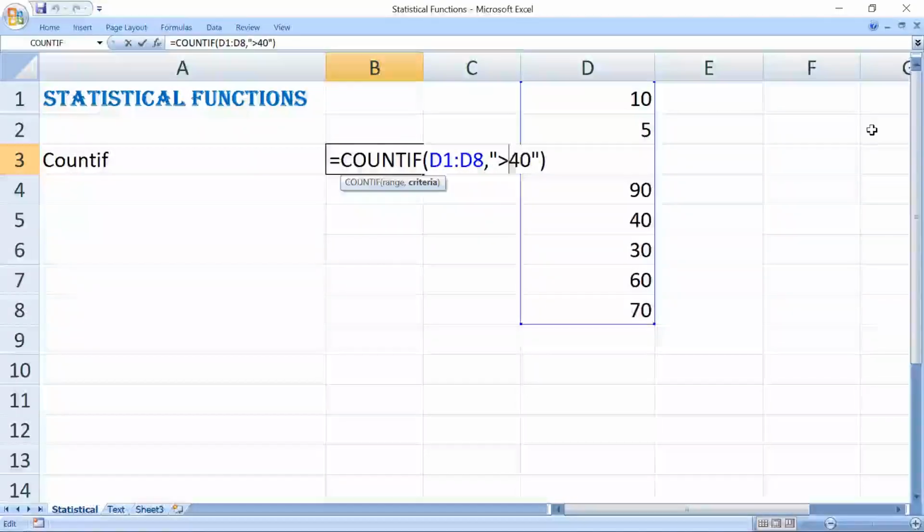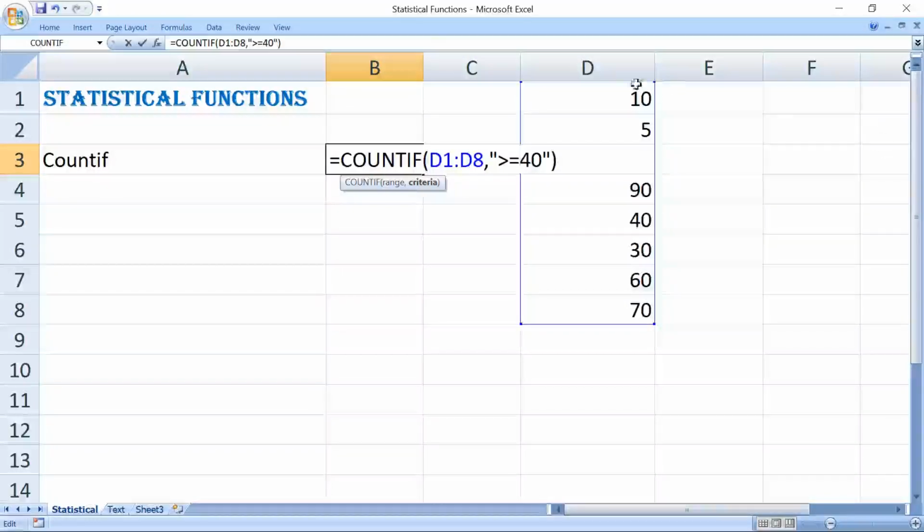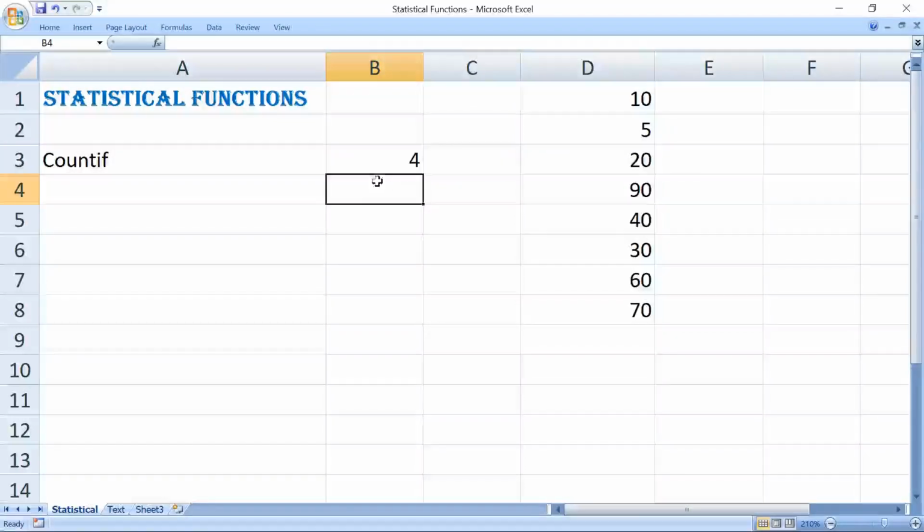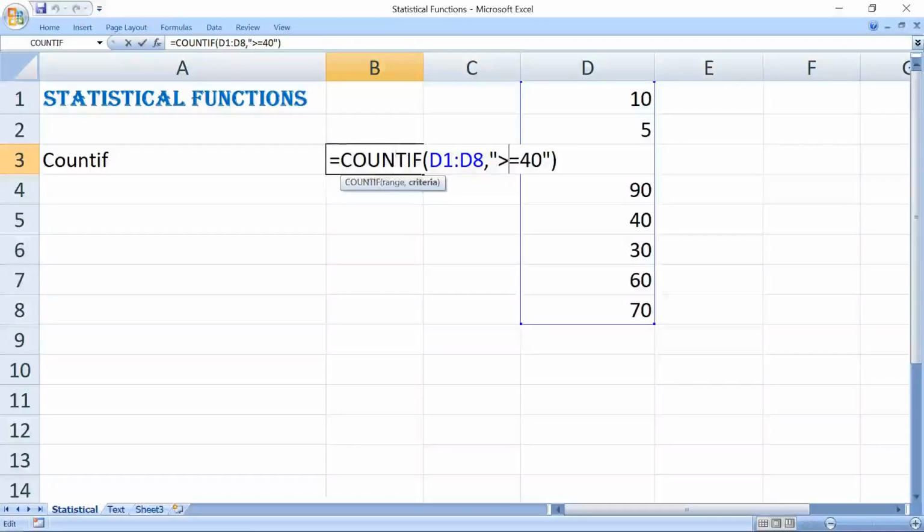In the same way we will be changing here. We are using here relational operators, that is greater than, lesser than, greater than or equal to, lesser than or equal to, equal. In that case here the output will be 4. In the same way here we are going to change the criteria. This will be lesser than or equal to 40.